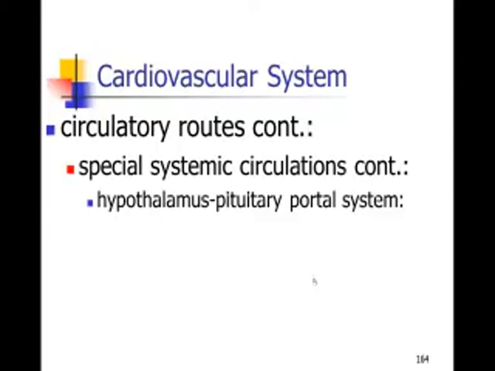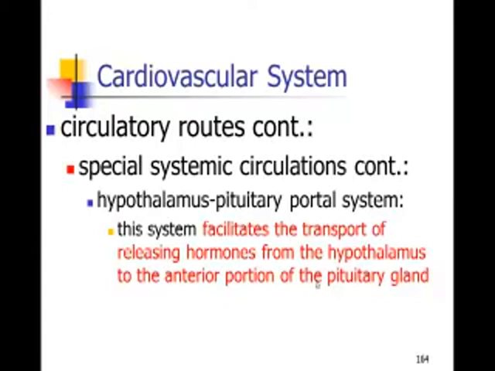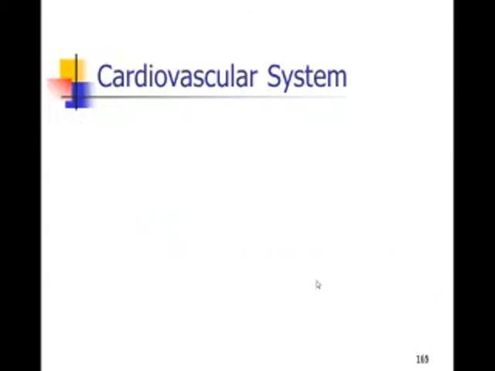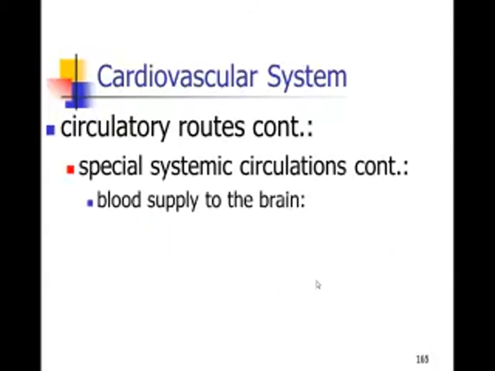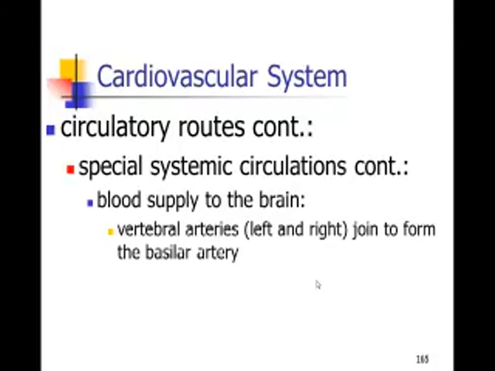There's another portal system, the hypothalamus pituitary portal system, and this system is going to facilitate rapid transport of hormones that are released from the hypothalamus to the anterior portion of the pituitary gland, where they can affect the activity of the pituitary gland. We also have an unusual system that supplies blood to the brain, and that's obviously important because without blood going to the brain, your brain would not